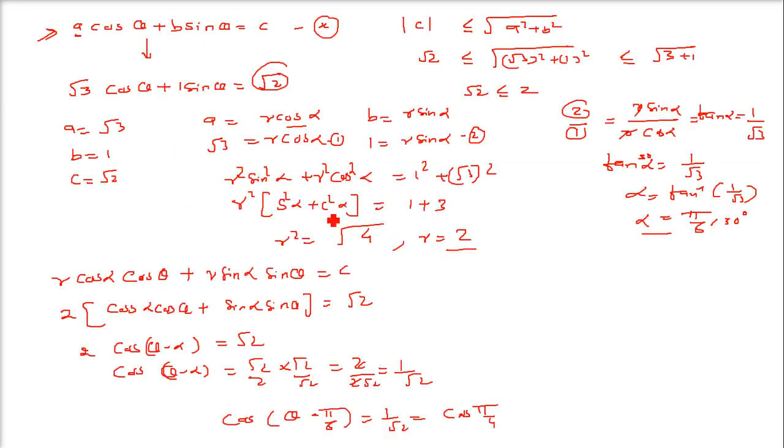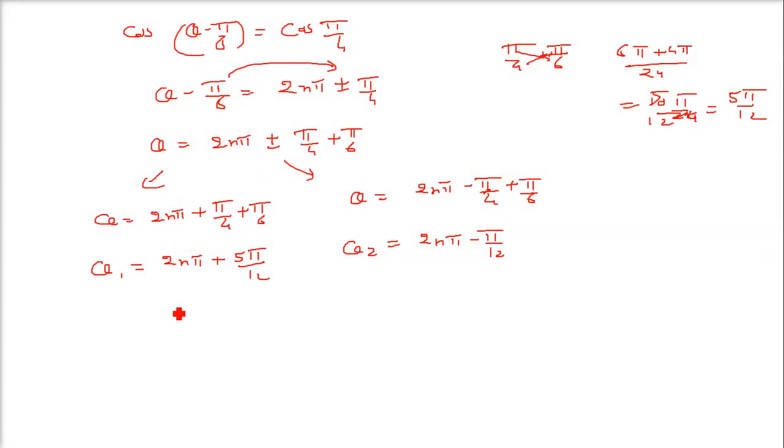So what will be the algorithm? The algorithm is simply you have to obtain this a cos theta plus b sin theta equal to c, put a equal to r cos alpha, b as r sin alpha. You can find r as r is under root a square plus b square. Then alpha is simply tan inverse b by a, and then we put this a as r cos alpha, b as r sin alpha, and try to find out in the form of cos theta equal to cos alpha, and finally when you put this you have the general solution. So this solution will come. This is how we solve the trigonometric equation of the form a cos theta plus b sin theta equal to c.